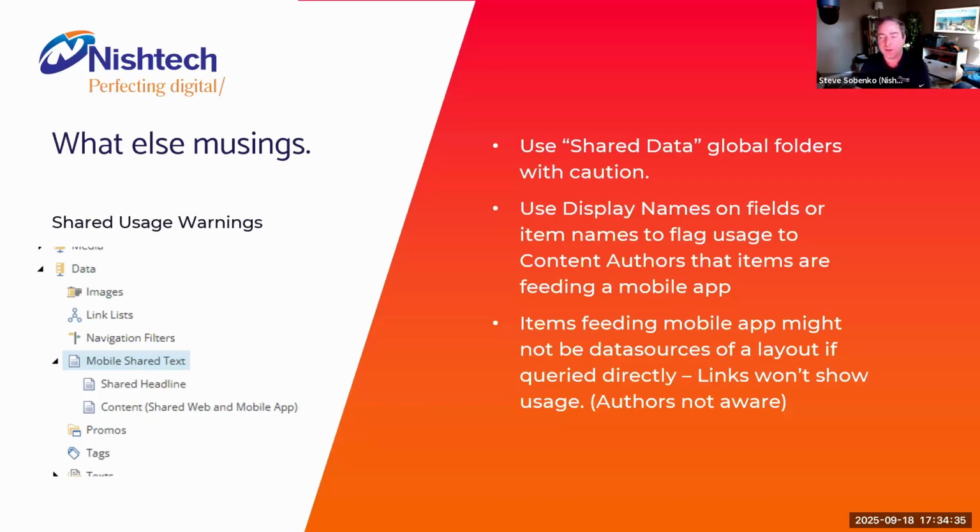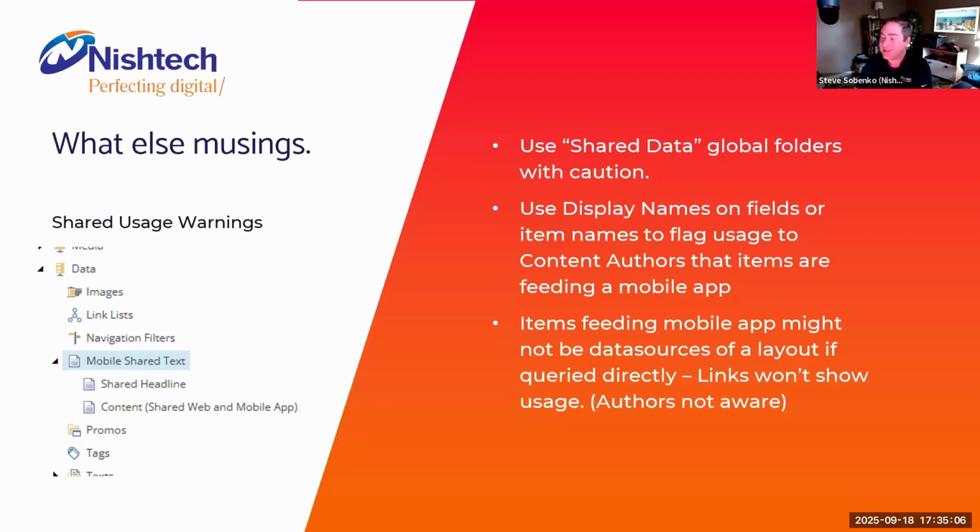So you're not going to have all that nice stuff around deleting an item, and it's saying, hey, you deleted an item and there's links to this. What do you want to do? Right? Like warning you that something's using this item, like your mobile app. In this case, links aren't going to work at all in the Sitecore links, right? It's not going to warn you that it's being used because it's not tied as a data source. So just things to be aware of that I was thinking of if I took this to the next level.